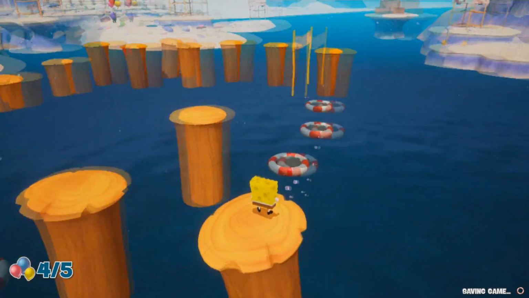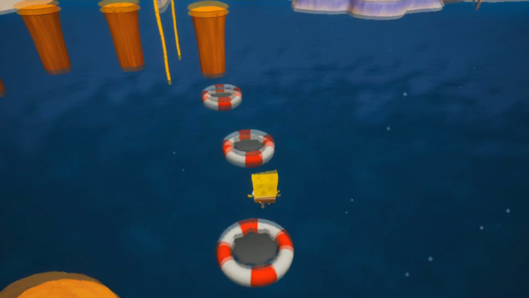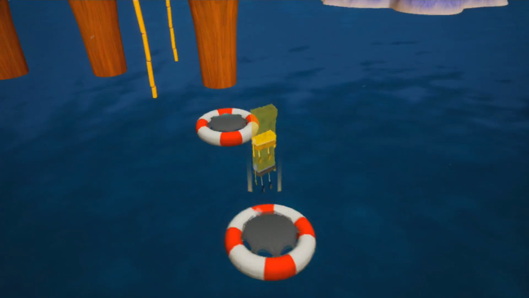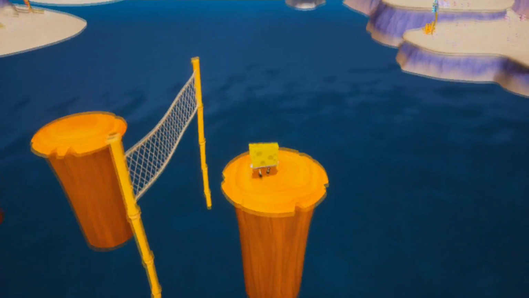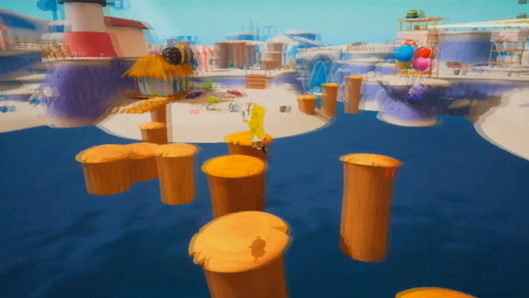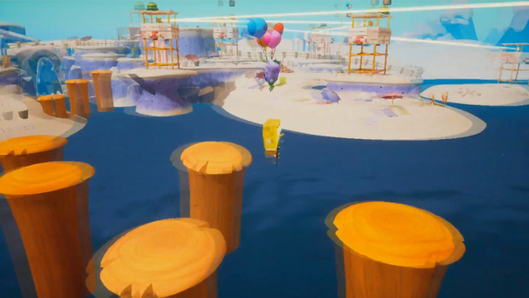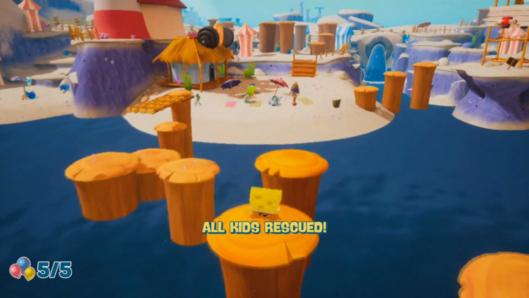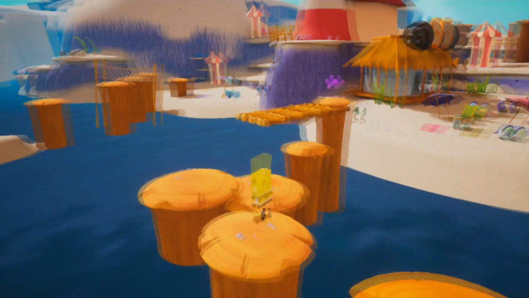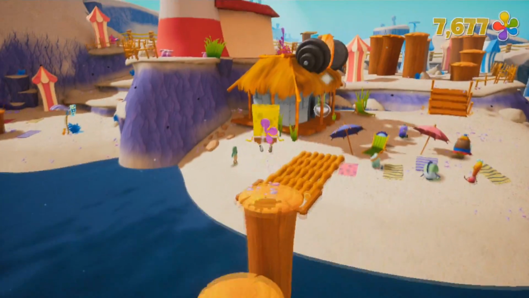There we go. Jeez. This part can be a little frustrating, because you have to rely on both the kids and the thing kind of putting you in the right place. There we go. Okay, good. We got all 5 of the kids safe and sound, so we can just go all the way back. Thankfully, I don't think these flip back, so...